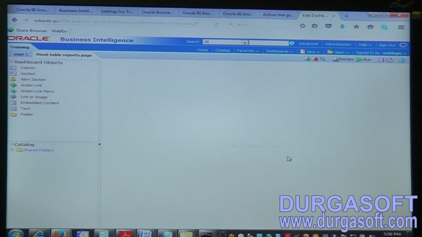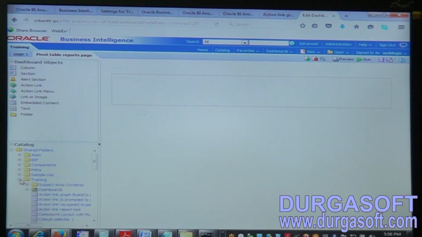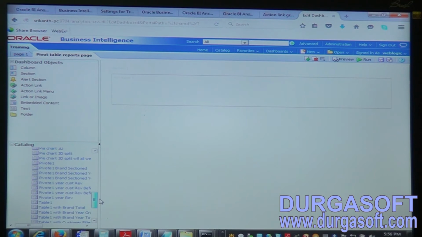we'll have white space once again. Now we'll add a column into this white space. From the left side we'll add a column, and we will add a section. Into that section, from the catalog, from the shared folder on the left side, we'll expand training, and into this I want pivot table report.